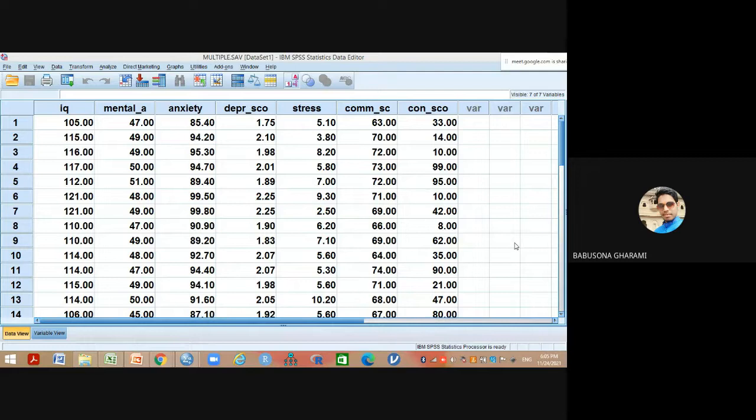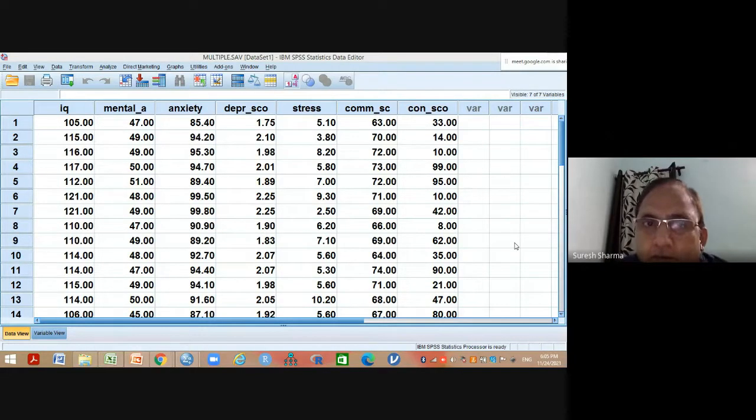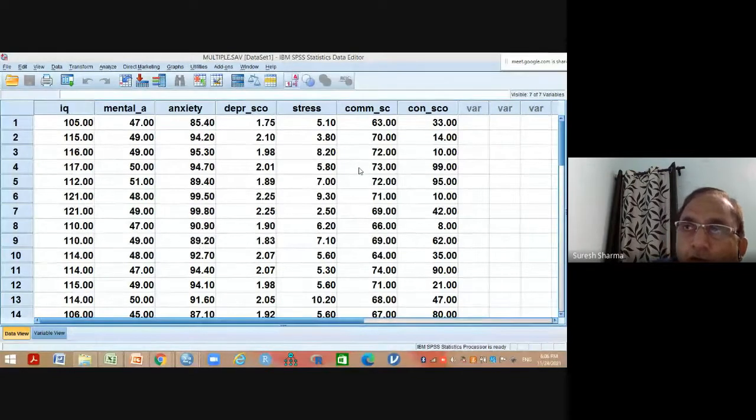Once again, let me just repeat. See, we have considered 6 predictors. Somebody can also have age here. Somebody can also have blood pressure here. Somebody can also have BMI here. You can have any number of independent variables. But do you think all of them will be important to predict IQ? There may be some of them, or maybe all of them. Both cases can happen. All of them may be, or maybe out of these 7, 8, only 1 or 2 or 3 are important, 4 are important, 5 are important. So if I want to see which ones are important to predict IQ, I have to apply stepwise regression. You follow my point? Yes, sir.